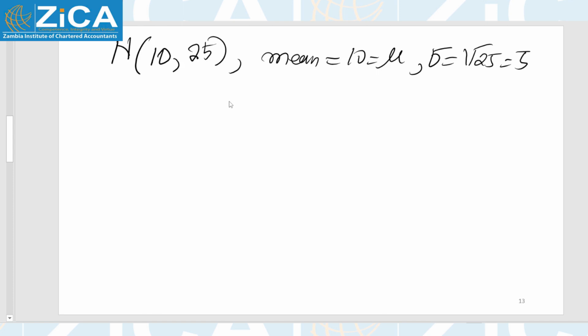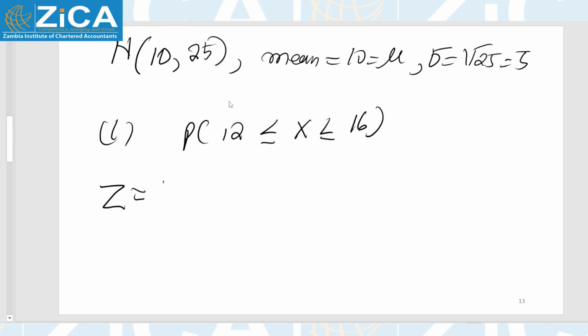In the first Roman numeral 1, you are being asked to find the probability of X greater than or equal to 12, less than or equal to 16. Now, to find this probability, in most cases, guys, we are using the z-score, X minus mu over the standard deviation. This is the z-score. This is what we are using. So you standardize. The X here is this value which you have been using. So for instance, the z-score,